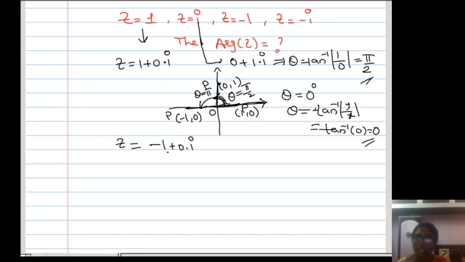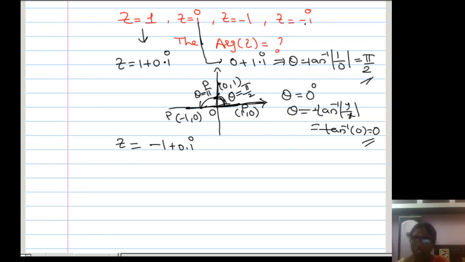So what am I telling here? Otherwise, here tan inverse of y by x. So y is 0 and x is minus 1, so 0 by minus 1, which is 0. Tan pi is 0 again. So here, in the negative direction, the theta is pi. Tan inverse of 0 is also pi, since tan 180 is 0. No? Next.